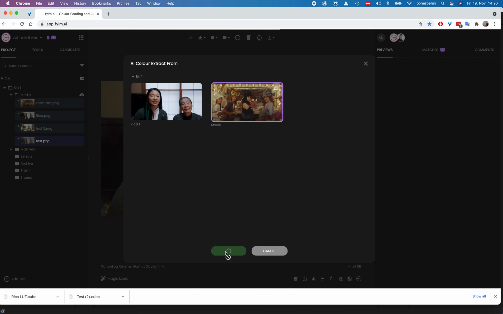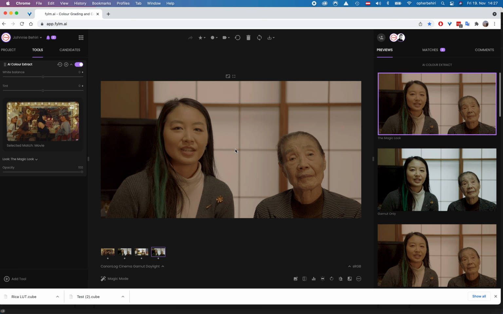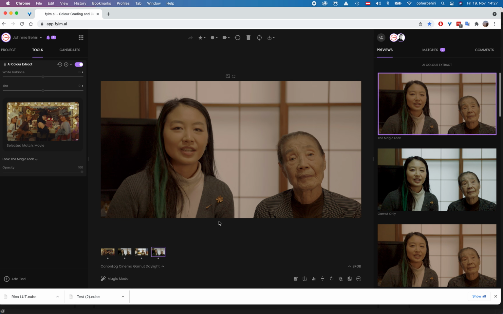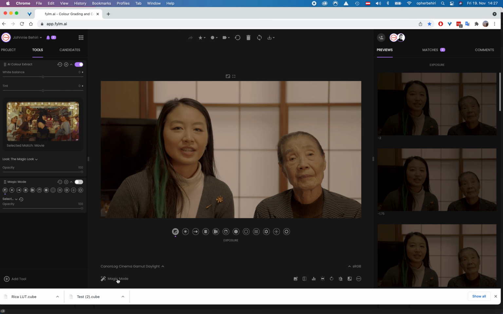It will take a few seconds, and the system is applying the LUT on Rika and her grandmother. So as you can see, this is rather similar. Of course, I can play with this. I can still play quite a lot with anything I want here. I can deploy the magic mode again. I can do a lot of stuff, yeah.